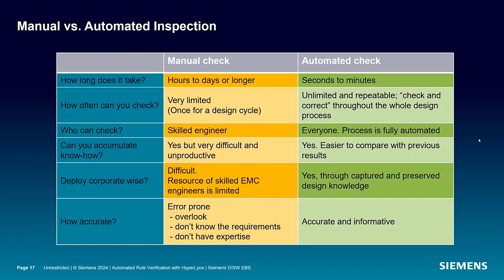Another really important benefit of the automated checking from HyperLynx DRC is that anyone can check at any time. Because you don't need to be an expert to run the rules, and they run so quickly, we can have the layout designers run them while making the layout. This frees up a lot of back and forth between the SI and PI expert and the hardware team, where they can catch quick problems often and easy. And if there's something that needs a deeper dive, then they can call the expert and use HyperLynx SI/PI or HyperLynx advanced solvers.